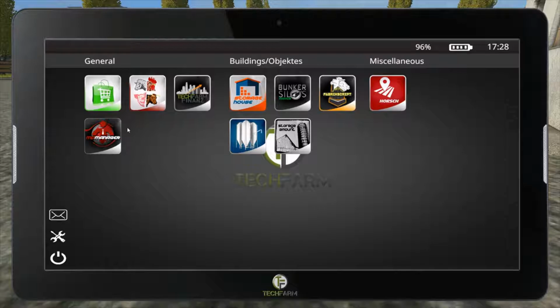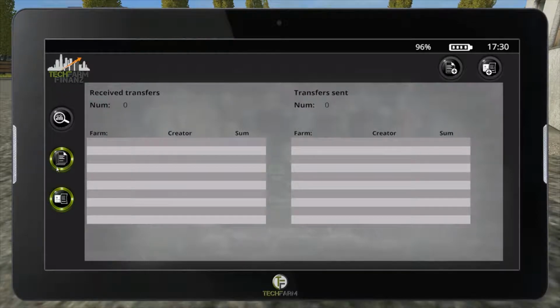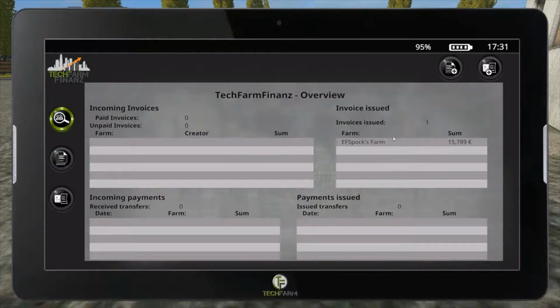So if I go in here, when I'm logged in as me, I'll see an entry over here saying that there's an invoice that needs to be paid, and I click, there'll be a little button, kind of like this button, but it'll be over here. I go to transfers,